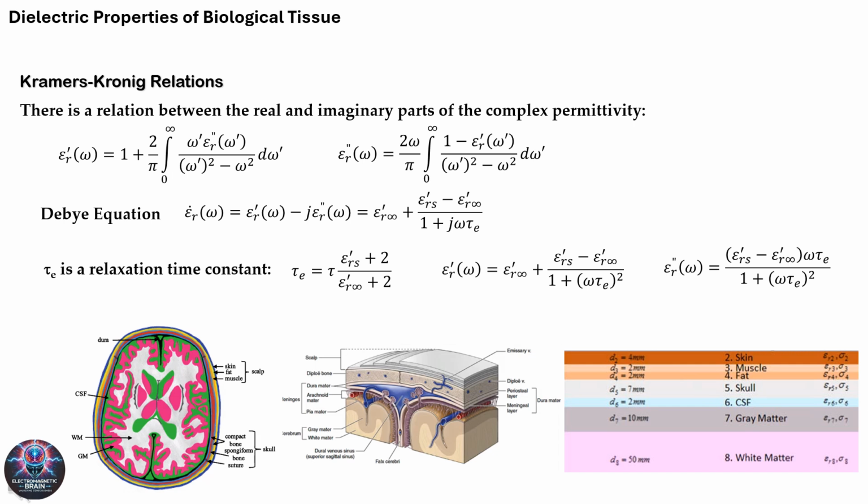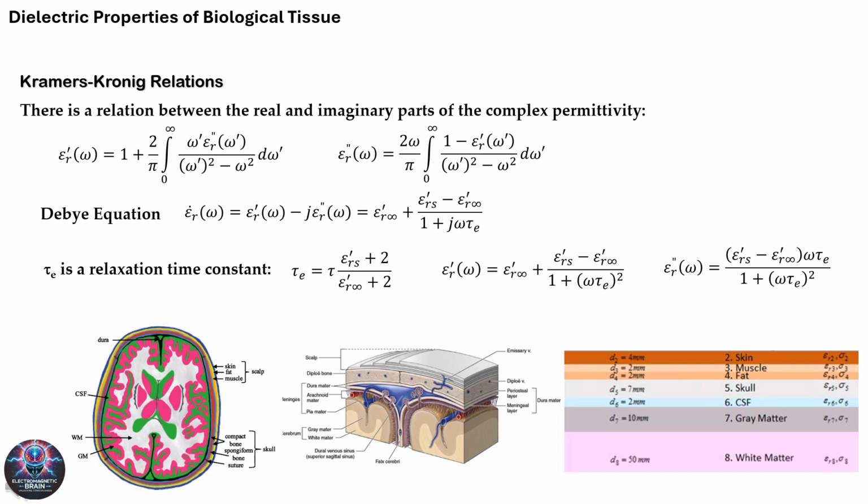For example, gray matter, rich in cell bodies, exhibits different dielectric behavior compared to white matter, which is composed largely of myelinated axons. This heterogeneity leads to complex permittivity profiles that vary with frequency, necessitating the application of the Kramers-Kronig relations for accurate modeling. The second image, centered on the slide, provides a detailed anatomical view of the layers surrounding